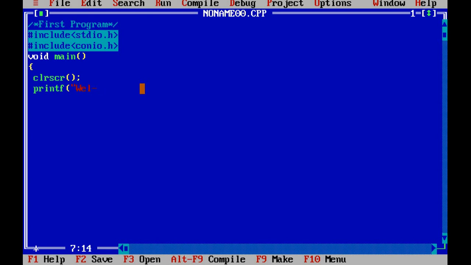I am just putting here welcome to all in SIT COE YATRAV. Okay, just complete the double quotes, then complete the brackets and semicolon.